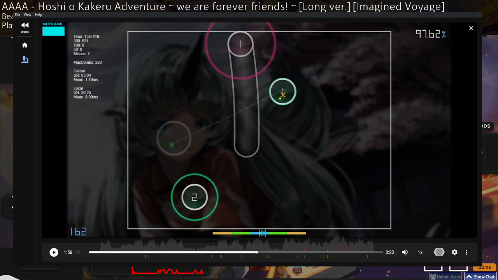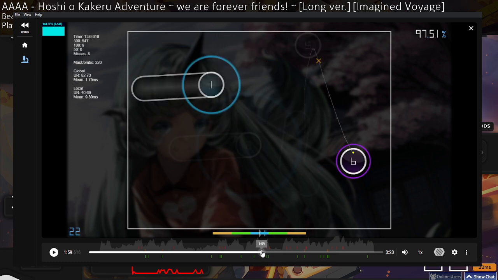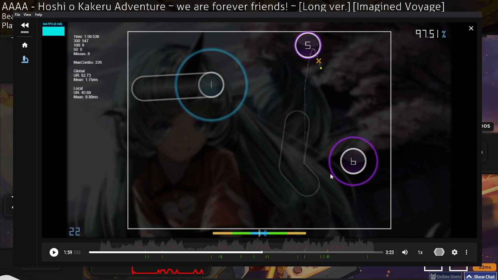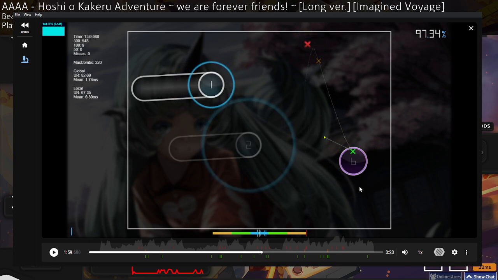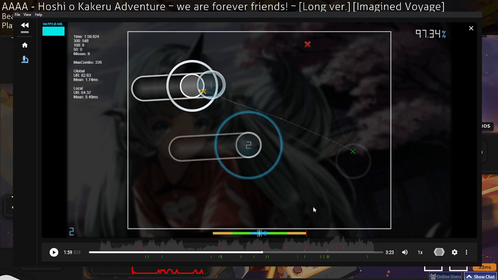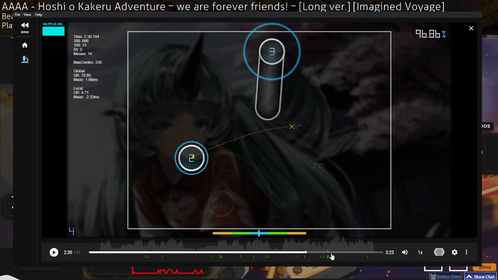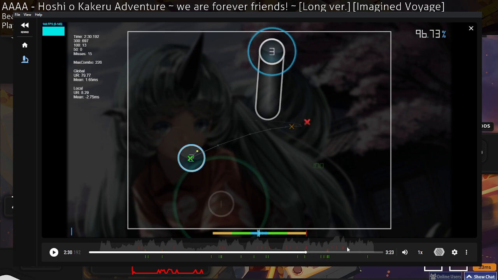Okay, this is an actual under aim, but hopefully that sort of starts to make it. Okay, look, I did the same thing again here. I didn't even realize, when is this replay from? I don't know, I just picked a random one in my folder. But yeah, I keep missing by just leaving or tapping too late.